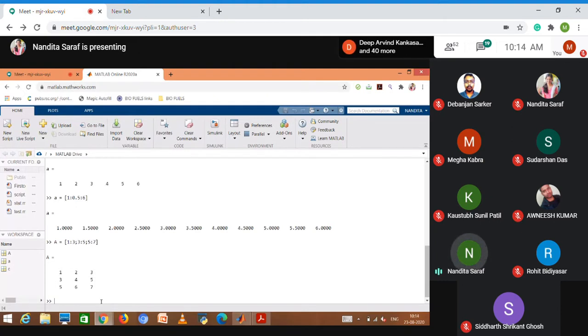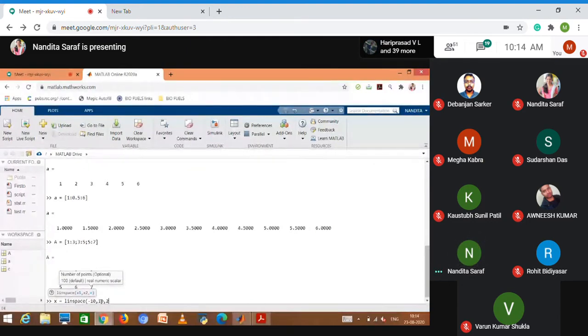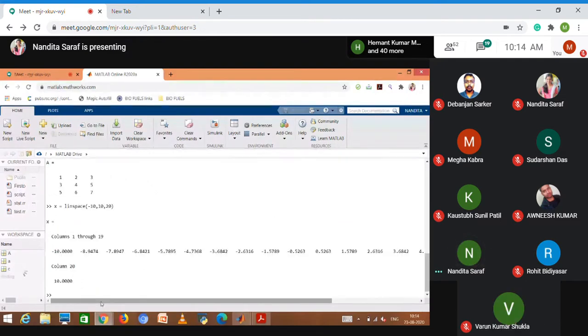Another is I can use linspace as a function. So x is equal to linspace(-10, 10, 20). Again, linspace or colon, everything works the same. Linspace is another function which gives you an array starting with the initial number, minus 10, ending at 10, with 20 elements.